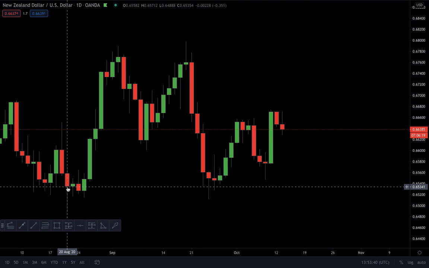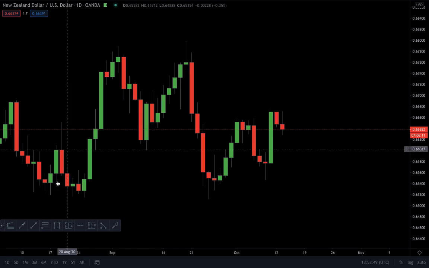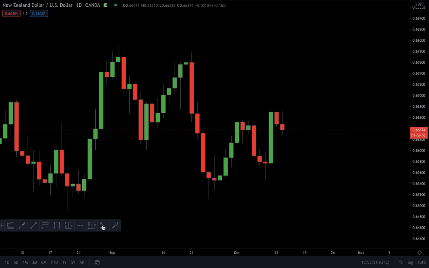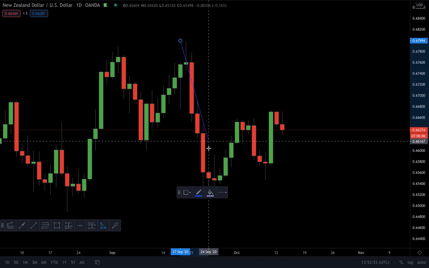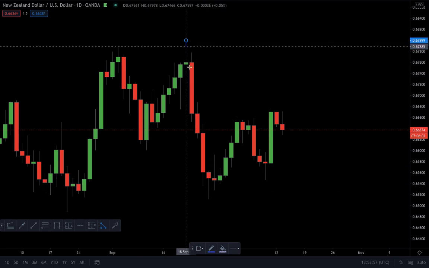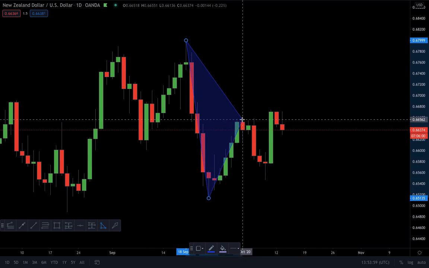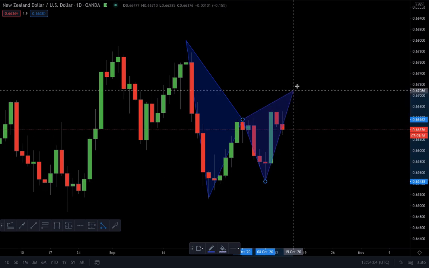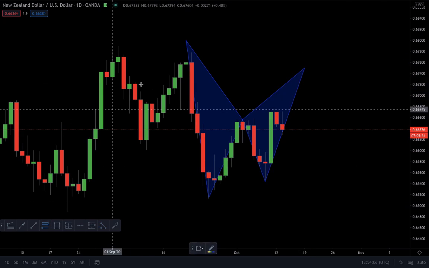In today's video, what I want to talk about is another way to use advanced patterns. If you're not familiar with advanced patterns, all they are is basically a sequence of Fibonacci levels getting hit. For example, there's going to be a bearish bat pattern here on New Zealand dollar. So basically X to A to B, B to C, and then CD completion will be right at an 886